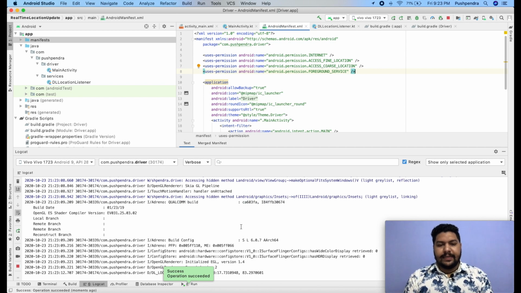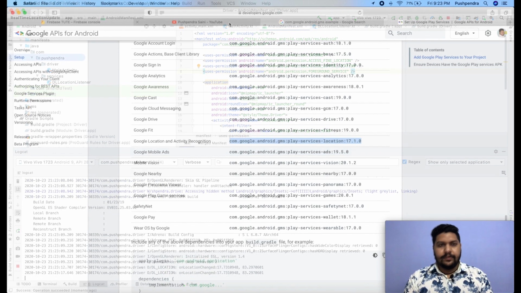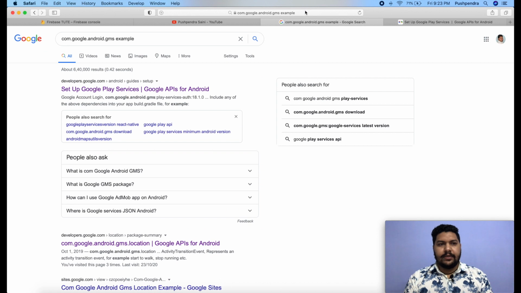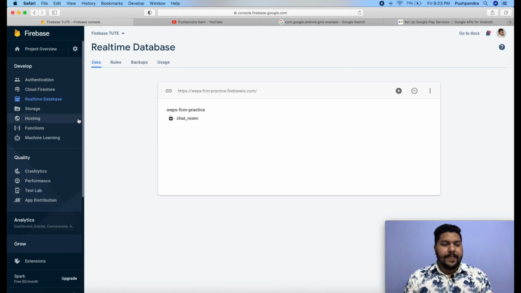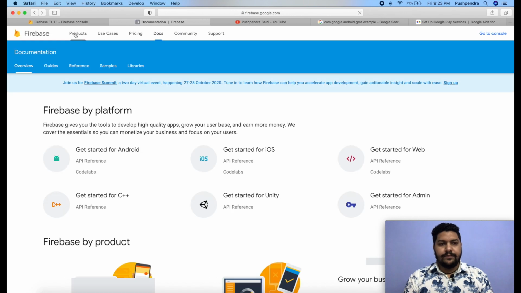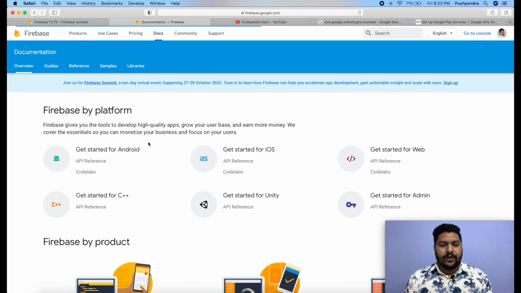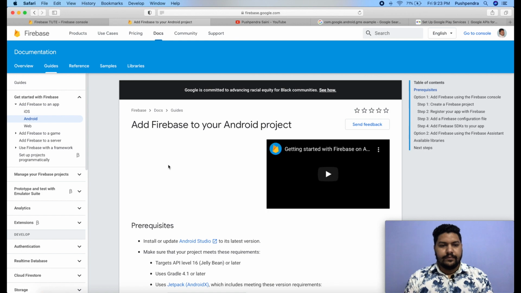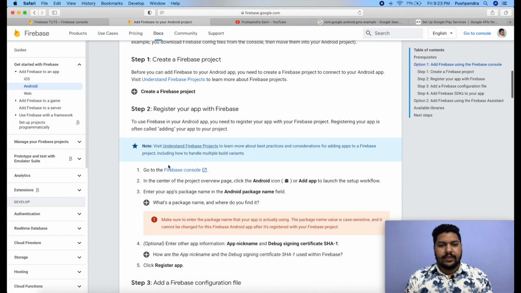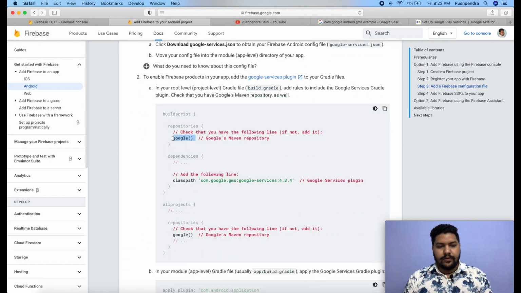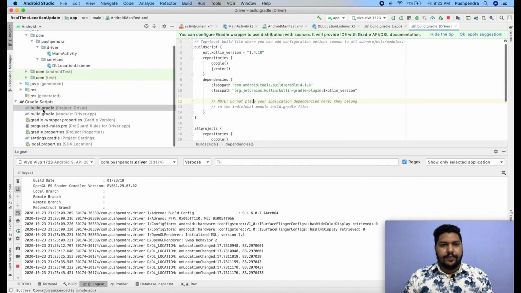Now I will integrate Firebase with that. So for that I need to log in with Firebase, and first I will go to the docs, get started for Android. It's basic installation, nothing special. We'll go to the main build file, project.